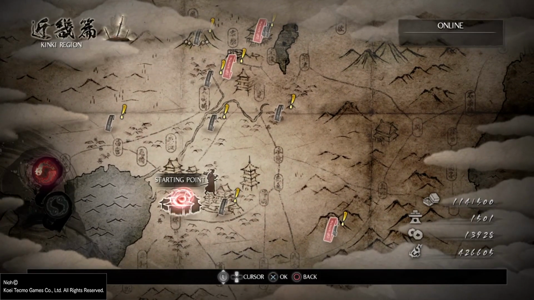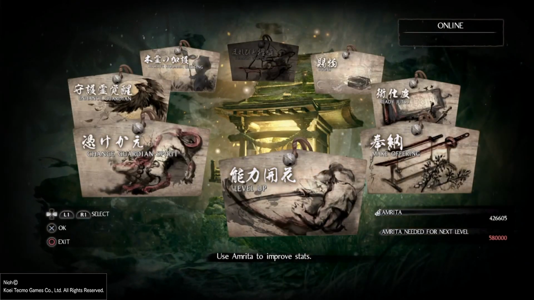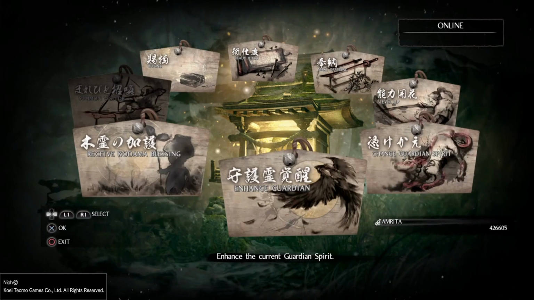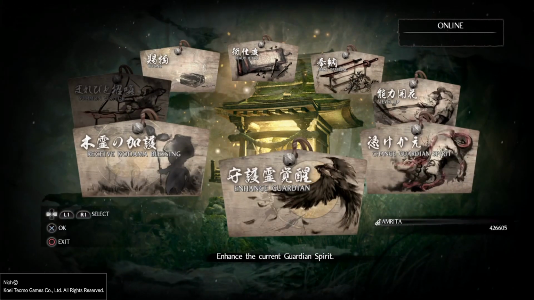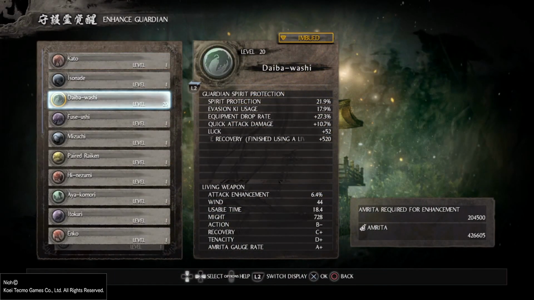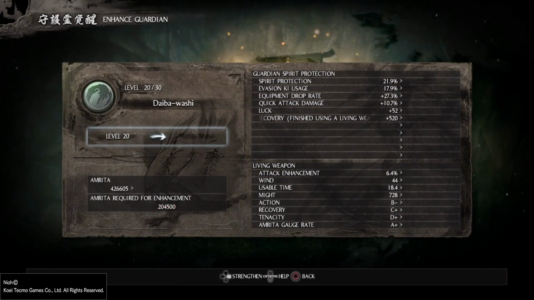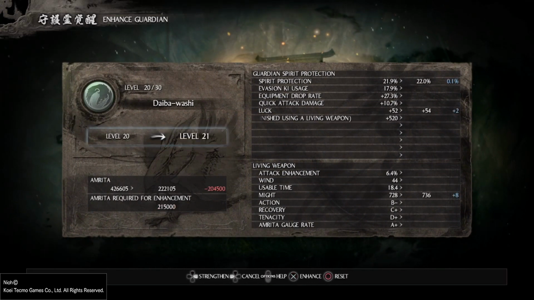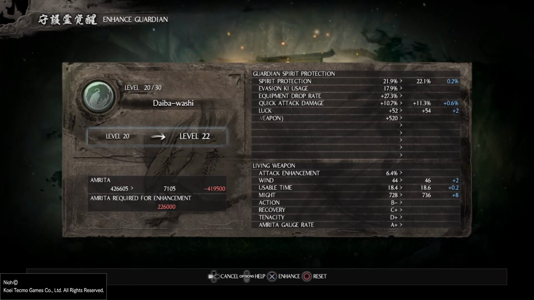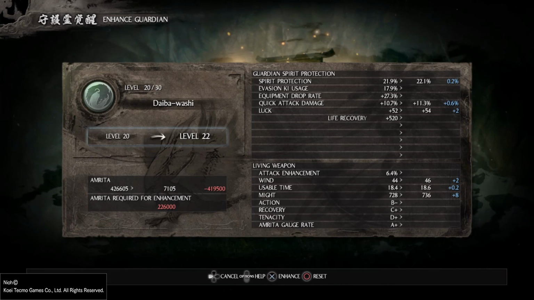But there's still one other thing I want to talk about briefly. You get one other benefit for playing in hard mode. The final option in the dojo, or I'm sorry, at the shrine, has been unlocked. You can now enhance your guardian spirits using Amrita. And by enhancing it, it will raise their stats and give you more bonuses, as you can see on the right. So my Dabawashi, which I've been making use of for the entire game due to the equipment drop rate,